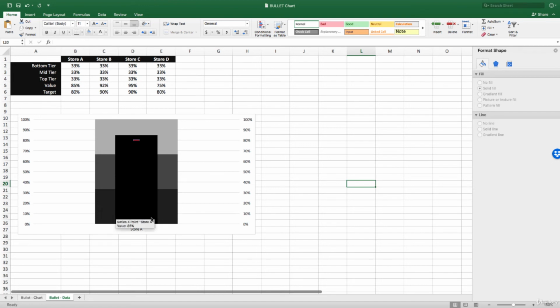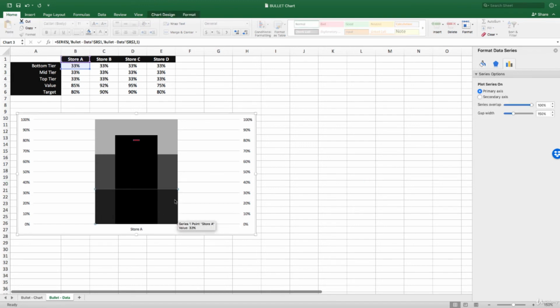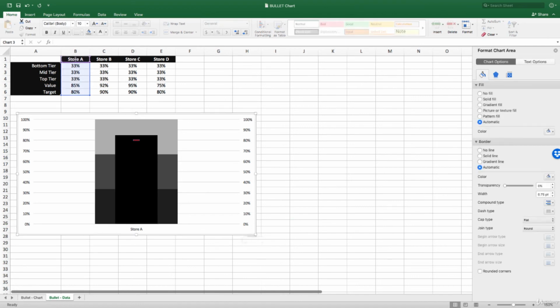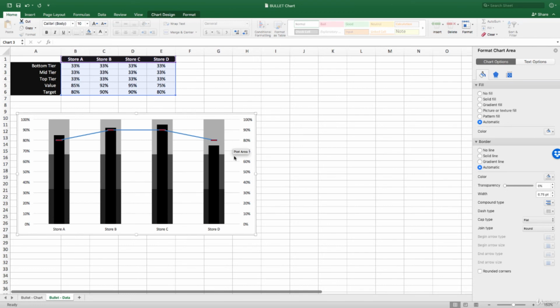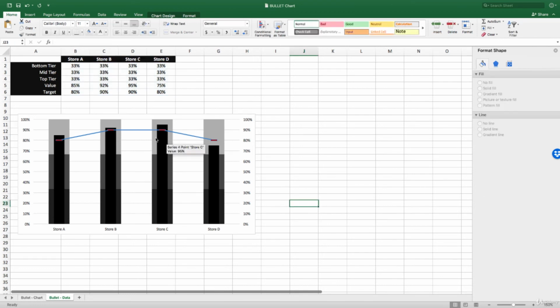Okay. Now that we have this, when we select this chart, if you select the entire chart, you'll see that it shows just the store A here. We can now extend it across the store B, C, and D. Now when you do that, we have all of these data points. Okay, and the lines show up, the markers show up, and we also have